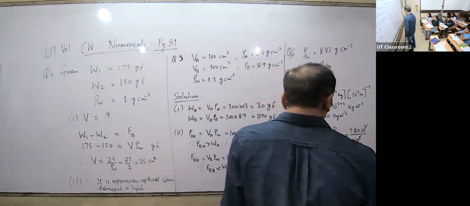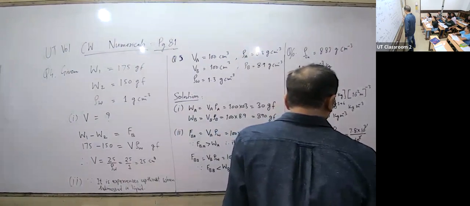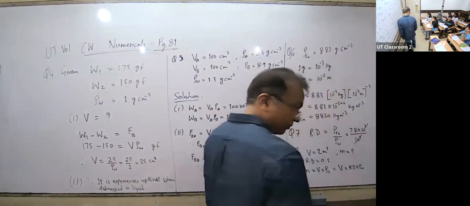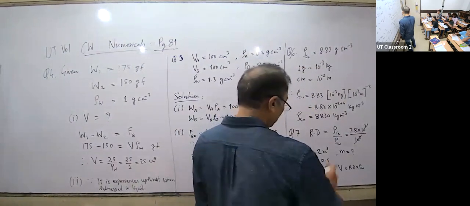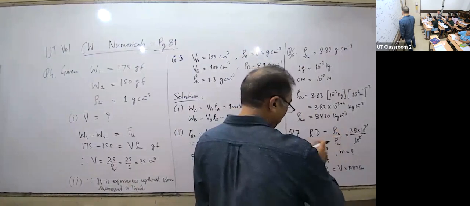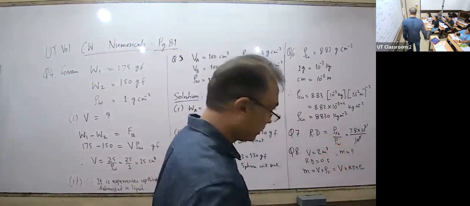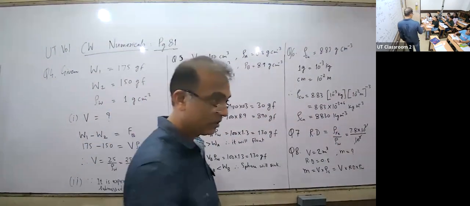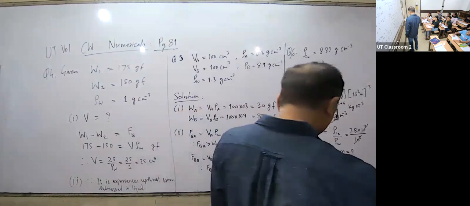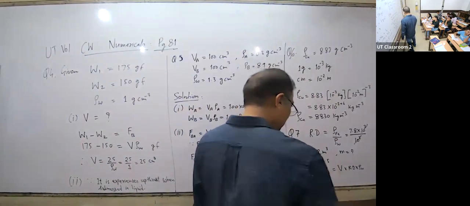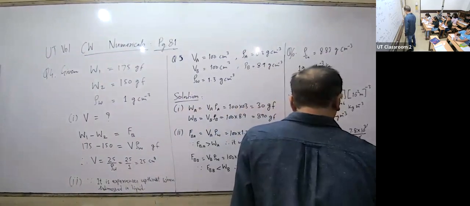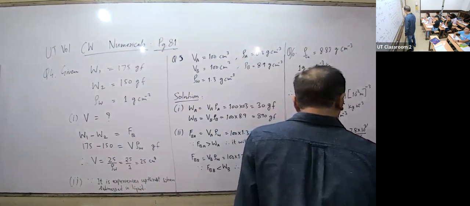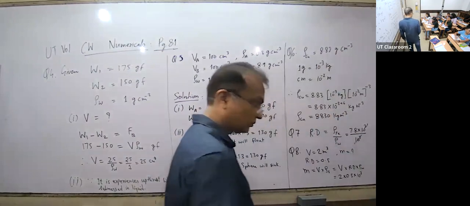Density of substance is relative density of substance into density of water. This is the formula. Density of water is not always given, so you have to remember it, 10 raised to 3 in SI. So volume is 2, relative density is 0.5, and density of water is